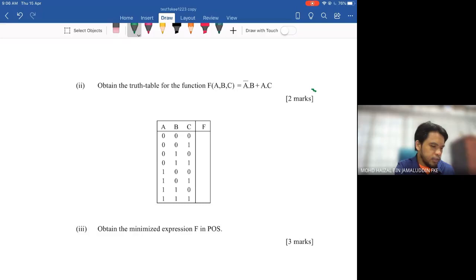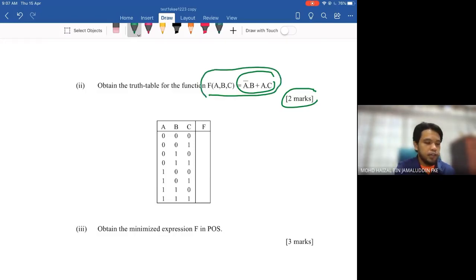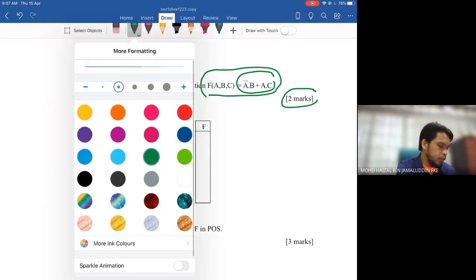Okay, so there's another question based on the 2 marks. Obtain the truth table of the function of this SOP. The question doesn't state whether this is in SOP or POS form. But from that equation, you should be able to determine whether it is SOP or POS. So when given this kind of question,